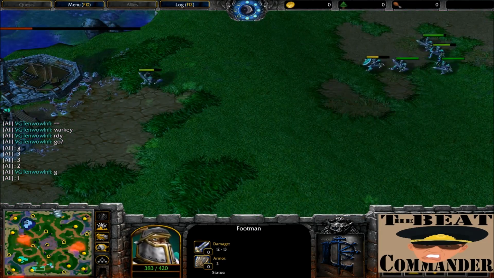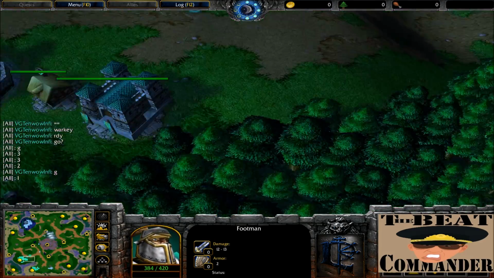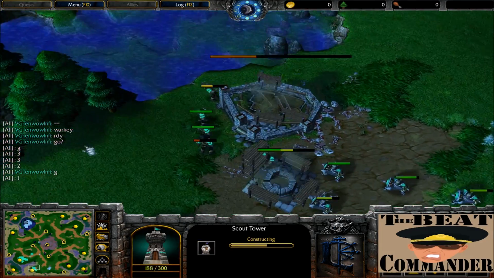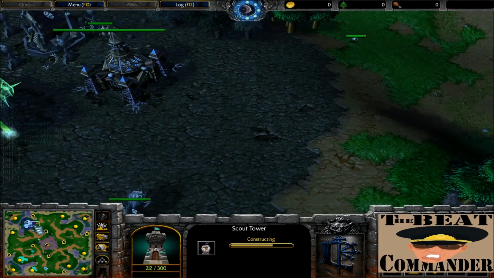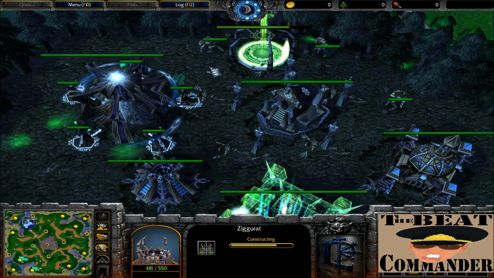base. A player's forces are under attack. However, he does not have a shop at his base. He has not built a shop yet, so he cannot use a Scroll of Healing. And back to the Undead base, we're still upgrading the Halls of the Dead and bringing out a Ziggurat up top